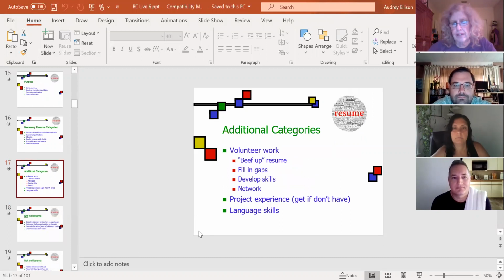Additional categories, things that can help what I call beef up a resume. Any volunteer work you've done, especially if it's related to the job you want. If you have something to fill in gaps where you haven't worked in a while, put that in. Anything you've done to develop your skills, special courses that you've taken, conferences you've attended, networking events that you've participated in. You don't want to overdo the networking events, but all those things can show a growth in your